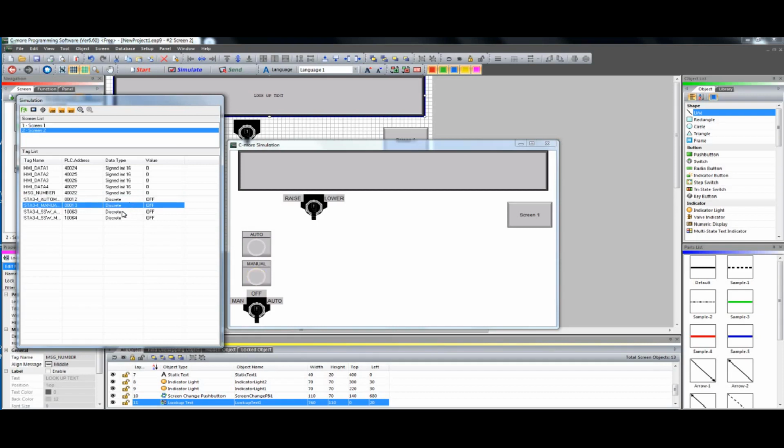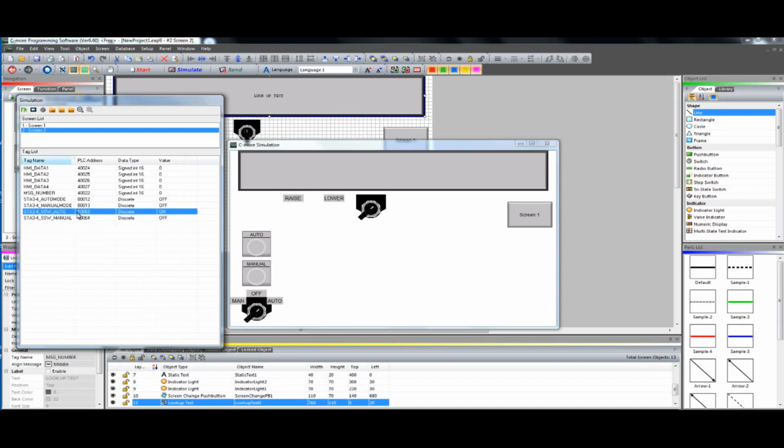indicator. And now here's the part that's kind of maybe interesting. I've got auto selector switch. If you look right here, you'll see auto. And you'll see that this selector switch goes to the right, but it also appears, whereas it's invisible when it's not on. So the left one is visible when the